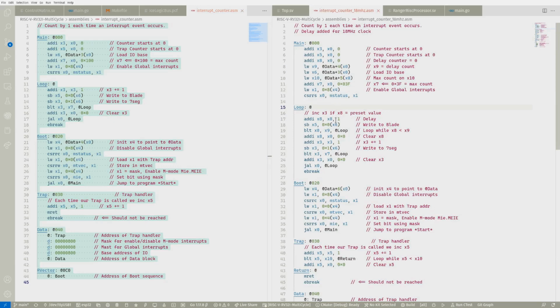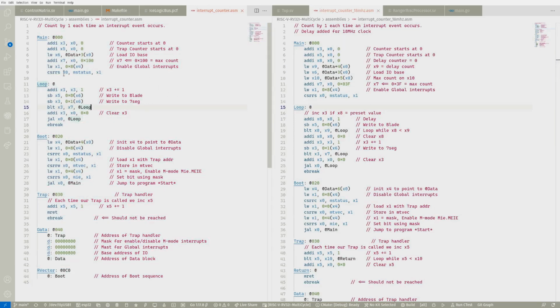They're nearly identical, it's just one has been adjusted to handle it. So real quickly, we'll just go through it at a high level. We do our usual boot, which enables and disables things. We eventually come up here, set up our registers for counting, and then we come down here and we enter